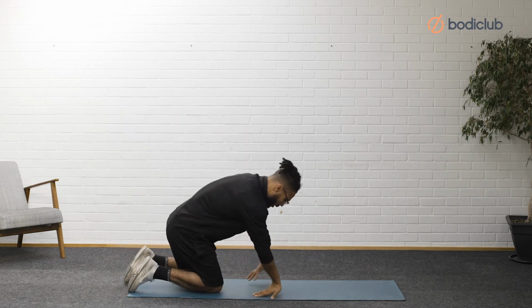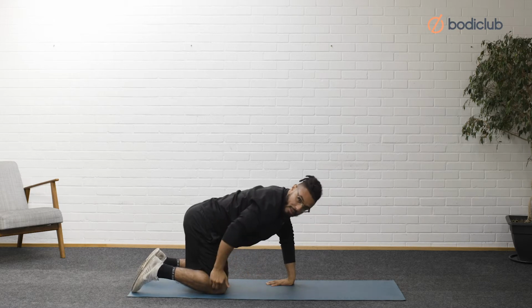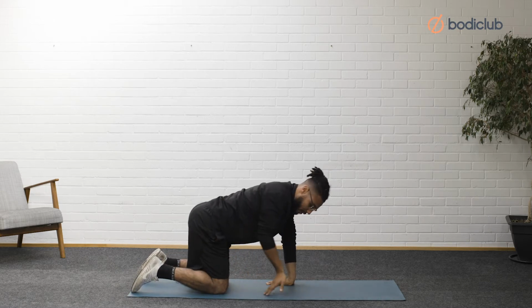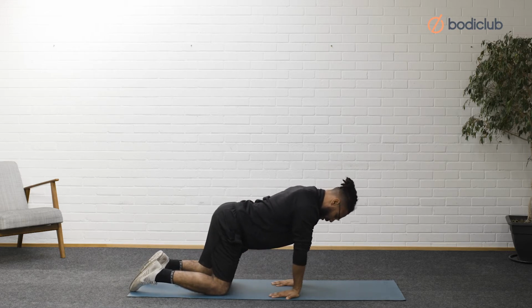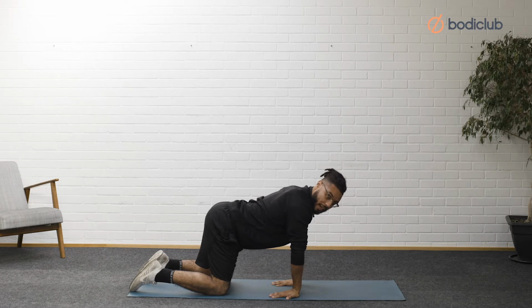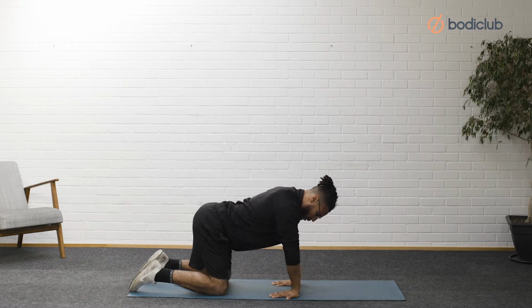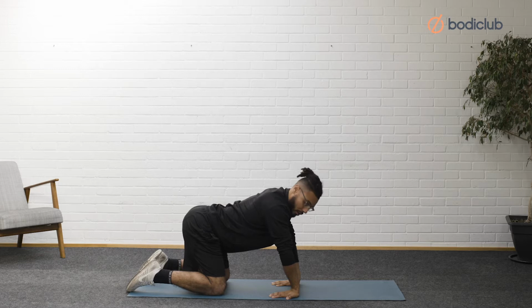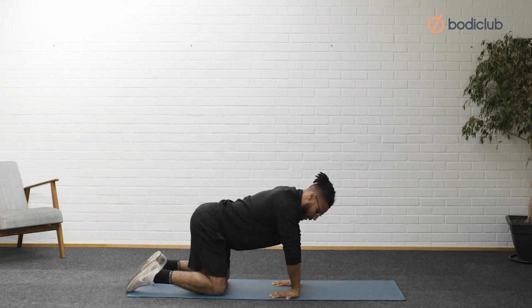We're going to turn our fingertips facing towards us. Okay. Knee level with the hips, okay, and knee also level with your ankle back there. Nice straight back. I'm just going to slightly lean forwards and spread my fingers apart as much as I can and really press down onto my palms. Now from this position here, I'm going to push my glutes back to my heels, and I'm going to feel that stretch even more so into my forearms and wrists, and hold here again for roughly 15 to 30 seconds,